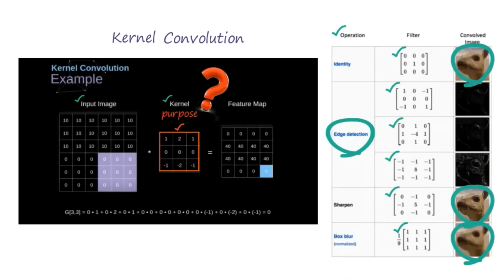So first we take a small matrix which is also known as kernel or filter, and we pass it over our image or slide it over our image and transform it based on the value of the filter, and we will get a feature map. So basically here we are multiplying and then we are summing up all the values to create the feature map. So this is the first step of the convolutional neural network.